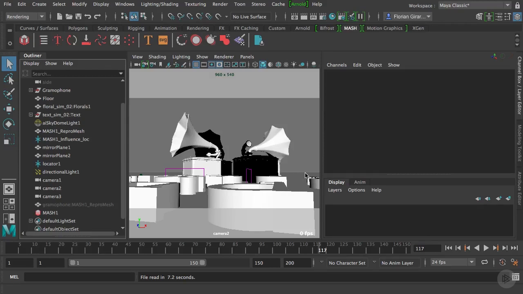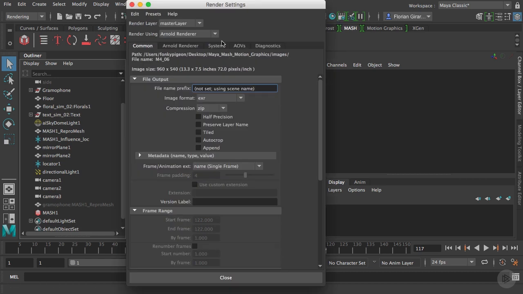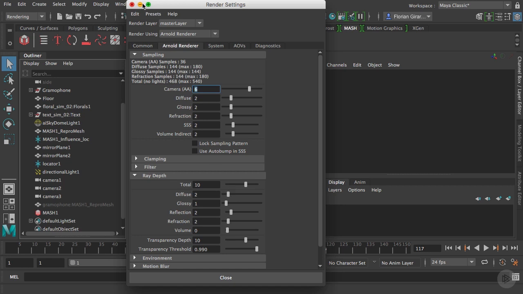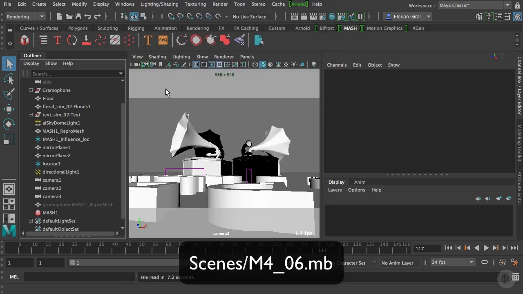In this clip, we are going to finish configuring the render settings and then we will kick off the render. In the last clip, we set the Arnold quality. We found the right balance between quality and render time. Now let's finish this. If you want to follow along, please open the file